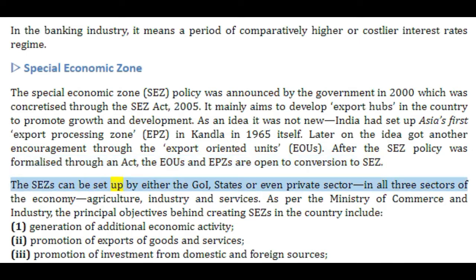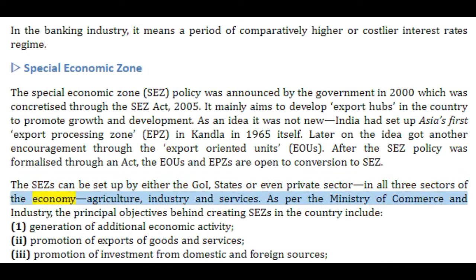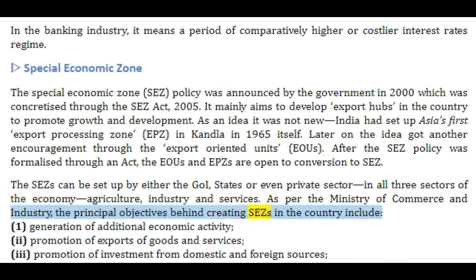The CES can be set up by either the GOI, states or even private sector, in all three sectors of the economy: agriculture, industry and services. As per the Ministry of Commerce and Industry, the principal objectives behind creating CES in the country include